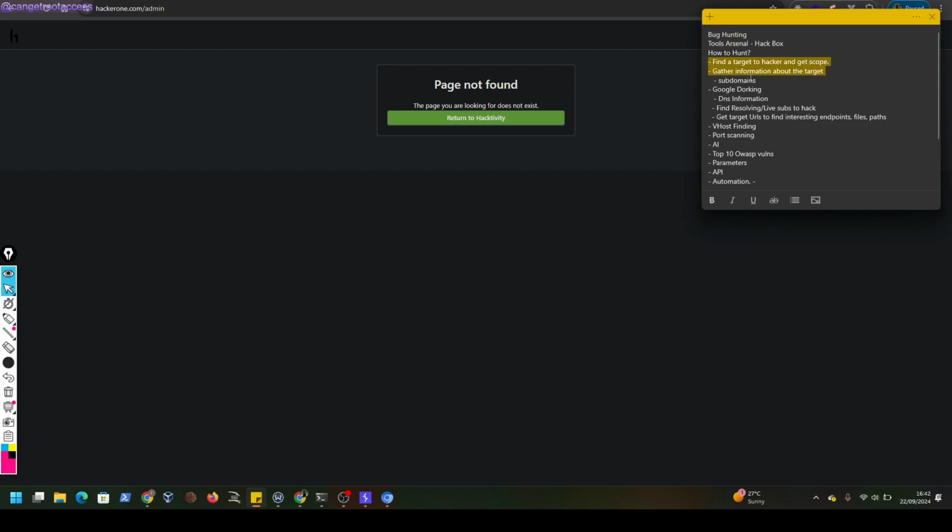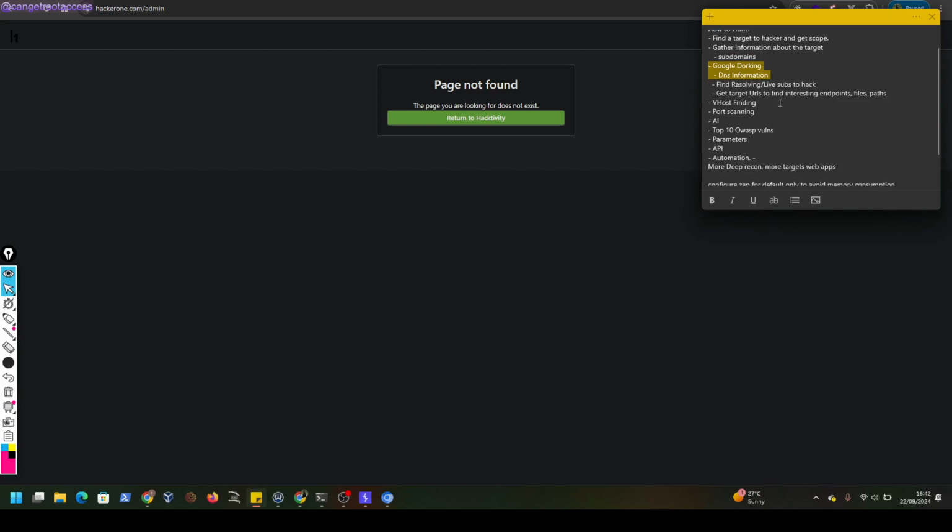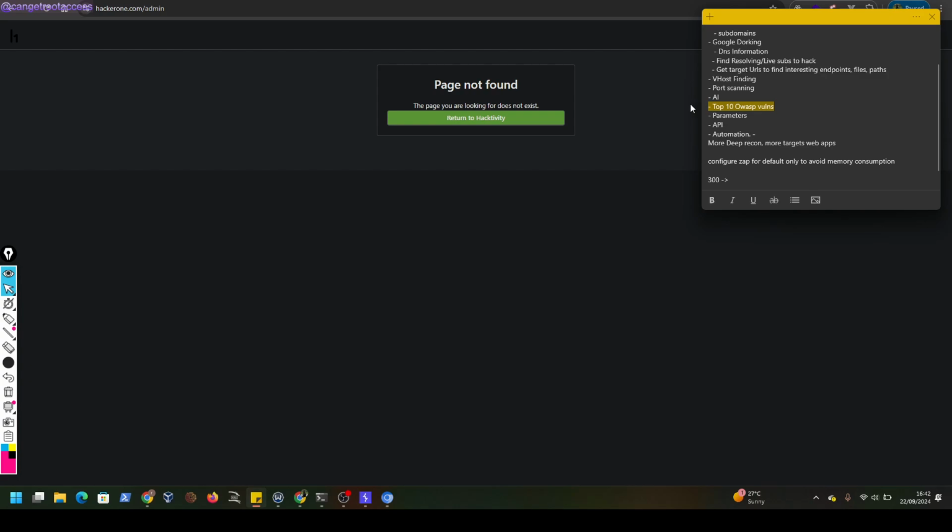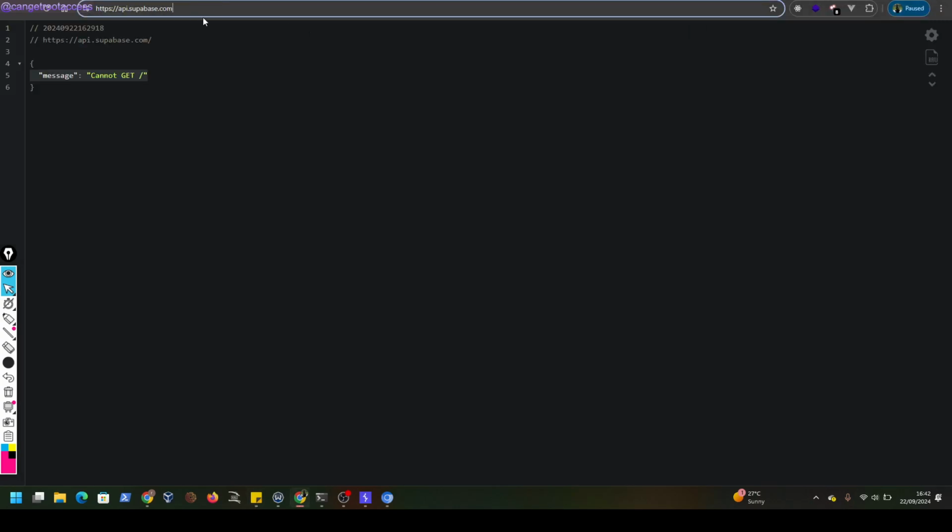And I also try summarizing the steps to help me keep track of them. So you need to find the target, gather information about the target by looking into the subdomains, Google Dorking, DNS information, port scanning, and you need to get into the top 10 OWASP vulnerabilities. So after you've done the subdomain enumeration, you'll end up with the subdomains and the live or the